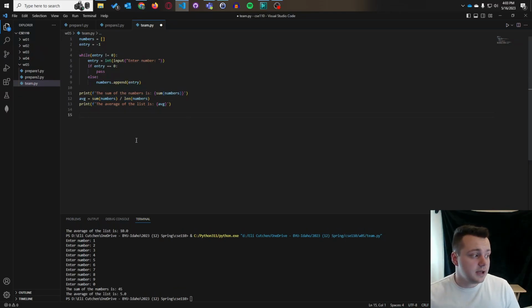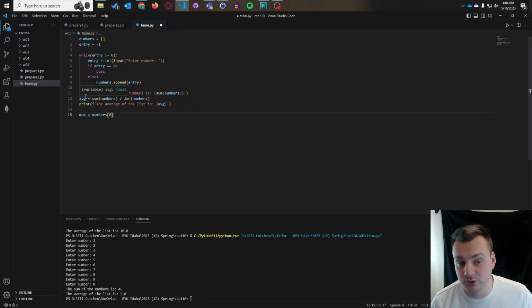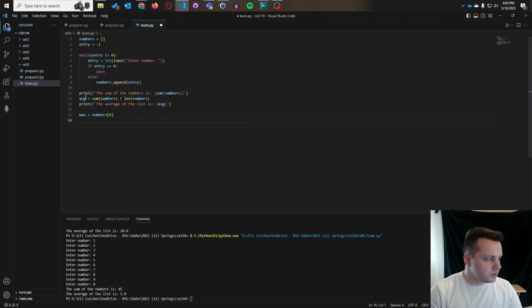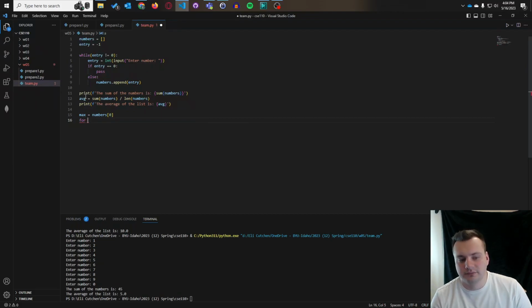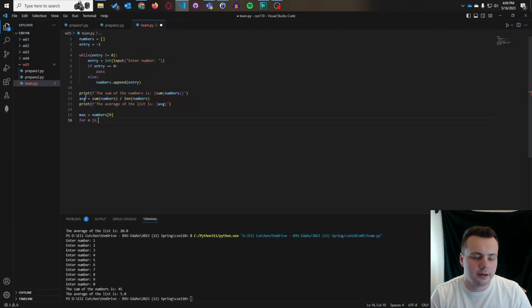So if you're going to do what is the largest number, all you have to do is what we did earlier. You iterate through the list and you just find what the largest number out of all those is. So how you're going to do this is you've taken the first spot in numbers. So numbers index 0 is your max number, as far as we know it is anyway. And what you're going to do here is you're going to say for n in numbers,